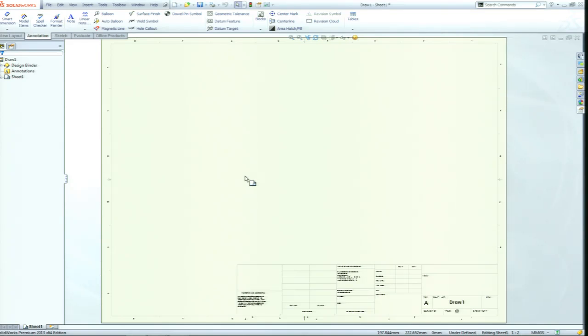So in this case, a lot of people will go back and they go, well, what about if we have a custom template? What if we have something that we've already got in place and we want to take and use it in place of what SolidWorks is providing? Well, it's as simple as creating that as a format and then opening up that drawing and replacing that format with your new format. And that puts your current sheet format or your current title block on your old sheets in SolidWorks. So it's not very hard to do